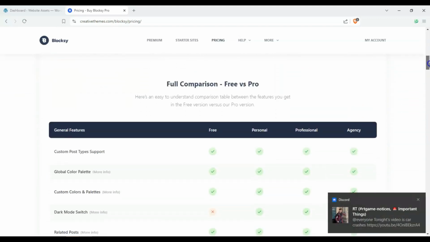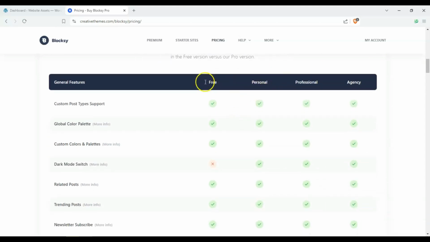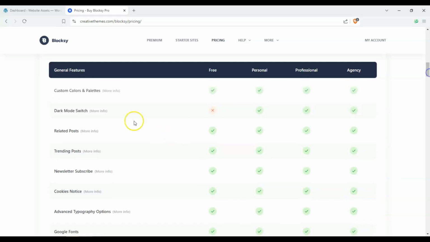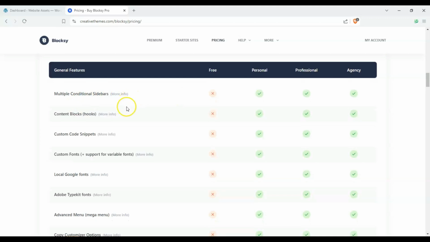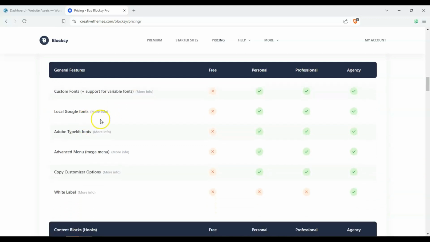But let's go ahead and take a look at the comparison between free and pro. You can see here we have the column for free, and then everything else here is pro. And you can see that, well, first it starts off with giving us a good amount of features, but as we scroll down, we can see that we have multiple conditional sidebars, hooks, and like an easy way to use hooks, custom code snippets, different kinds of fonts, white label, the mega